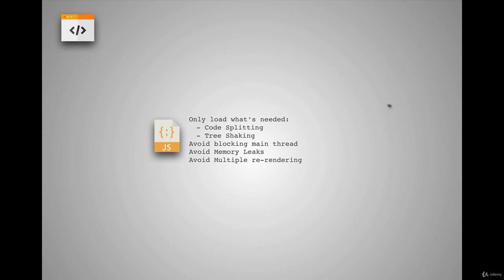We talked about how we can do that with things like code splitting and using the abilities in Webpack to do tree shaking and avoid unused code. We also talked about avoiding to block the main thread, whether through animations or long-running JavaScript tasks. We talked a little bit about memory leaks and making sure that we clean up after ourselves when we change pages. And then we also talked about avoiding multiple re-rendering, using React to be as efficient as possible in rendering